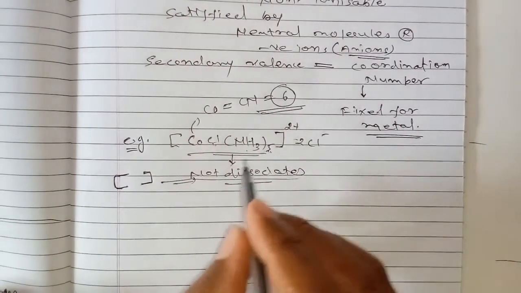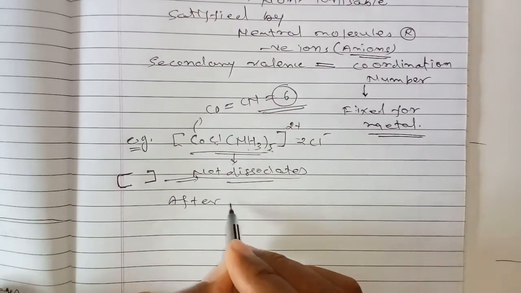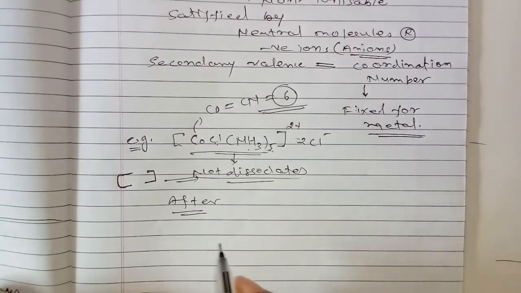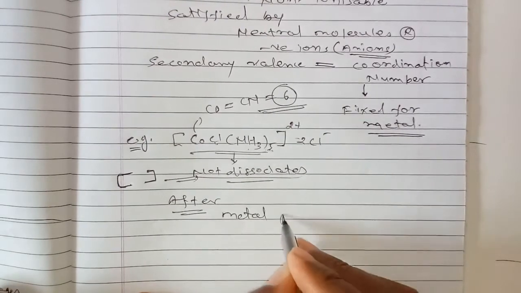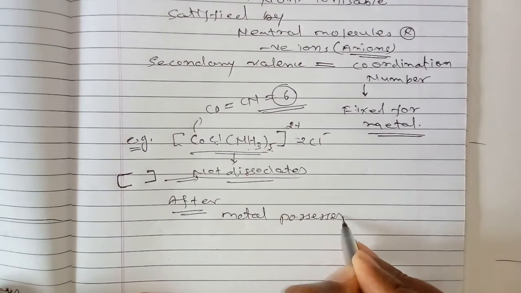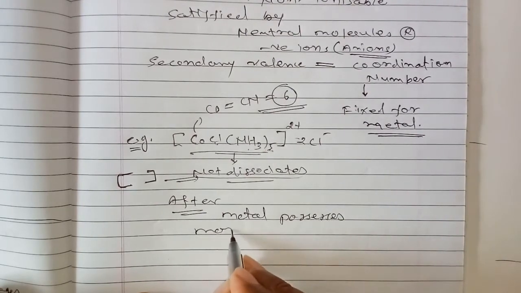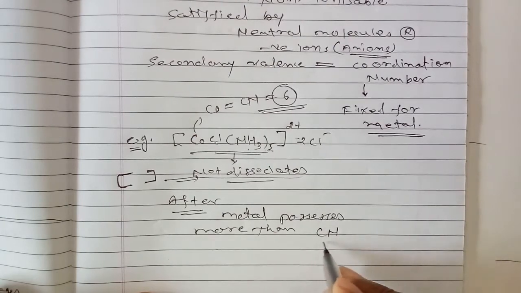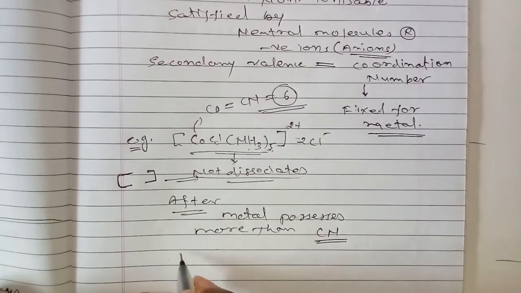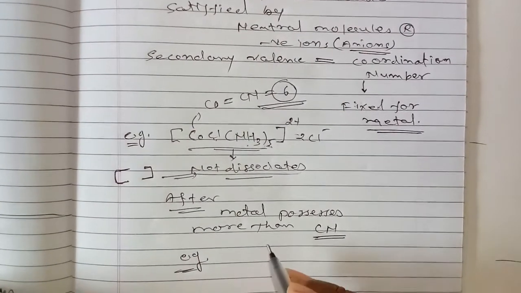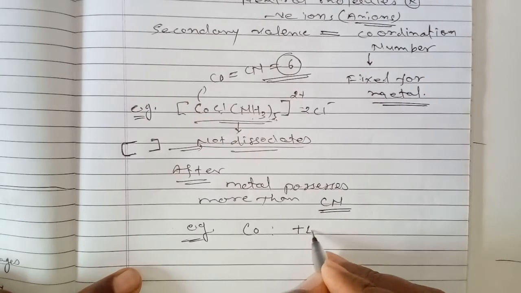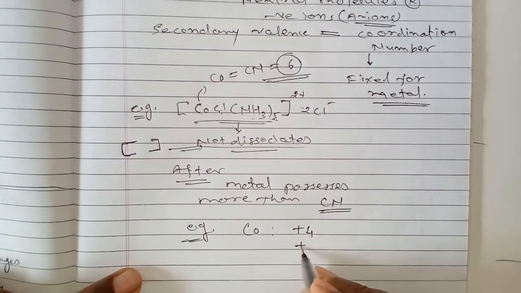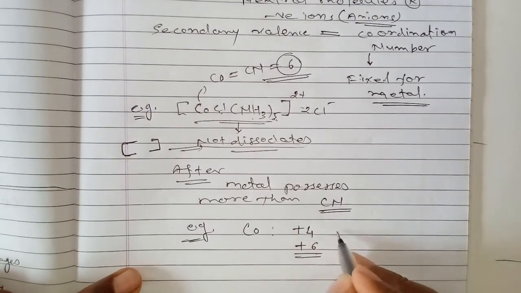But after some time it was proved that a metal possesses more than one coordination number, like cobalt sometimes possesses a coordination number of 4 and also 6. Okay,